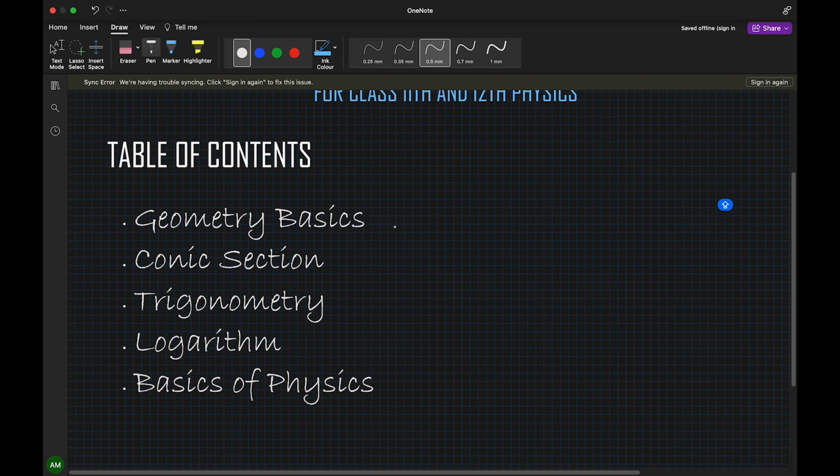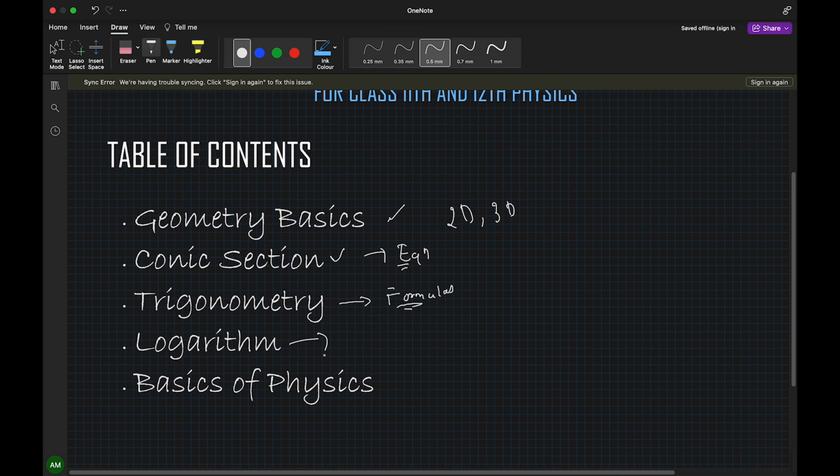I will cover all the geometry basics, which is 2D geometry and 3D geometry. I'll also cover a part called Conic Sections. This chapter we'll actually learn in detail at the end of first year in mathematics, but here we are going to only learn about the equations. I will also talk about trigonometry and logarithms. In trigonometry I will cover basic formulas,